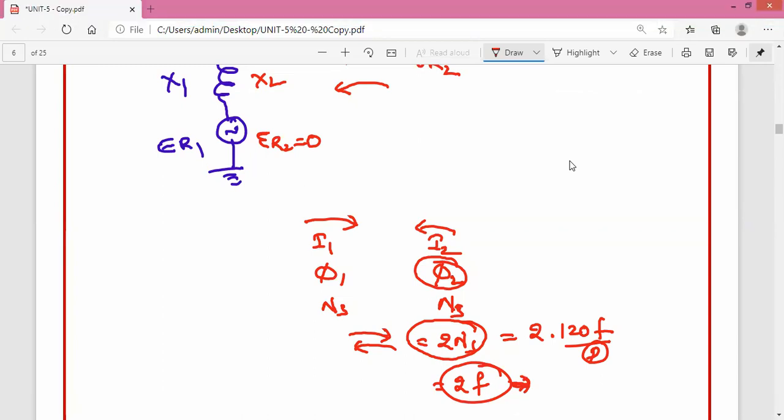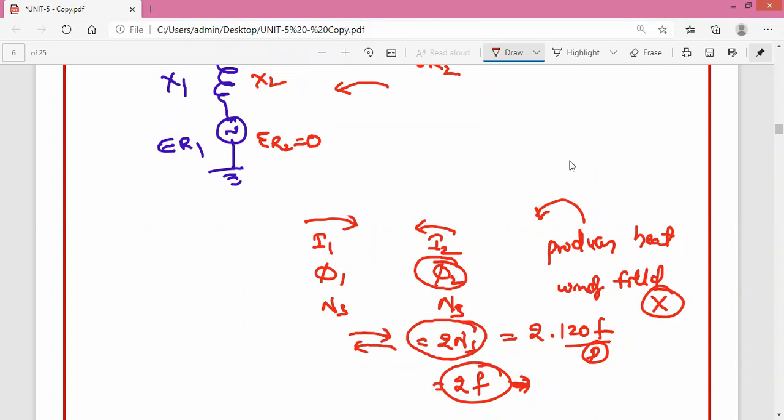Double the fundamental frequency. Circulating currents mean currents internally circulated in the machine, which produce heat. Therefore, the winding of the alternator, more particularly the field winding, will be damaged. So protection of the alternator is very, very important.